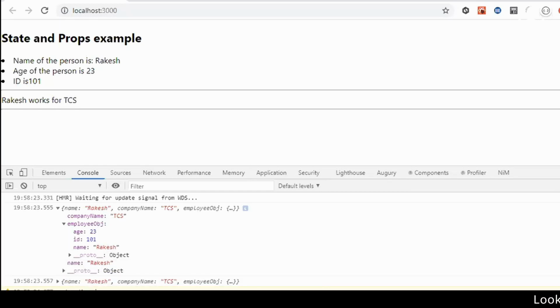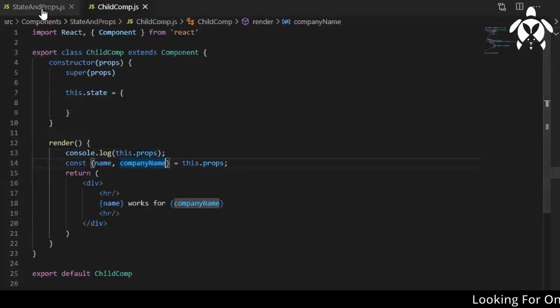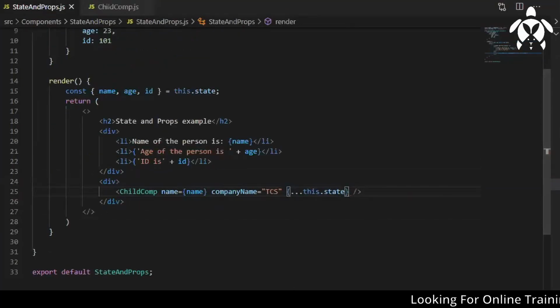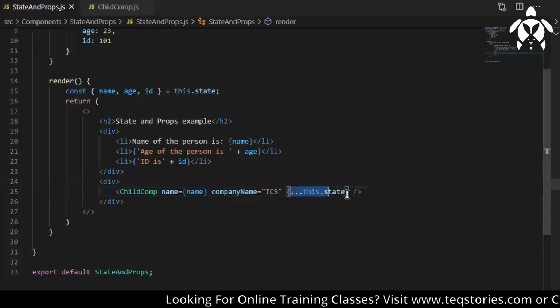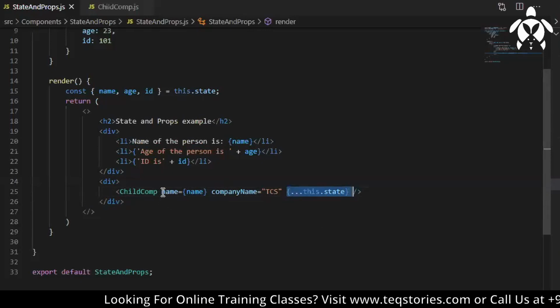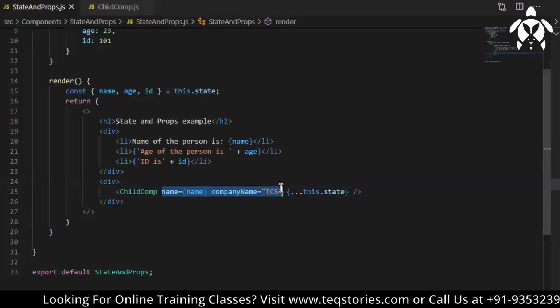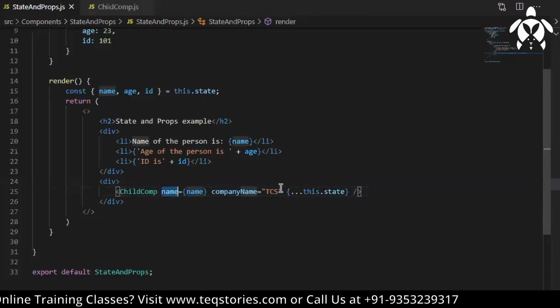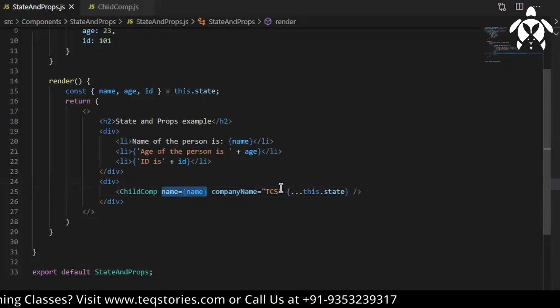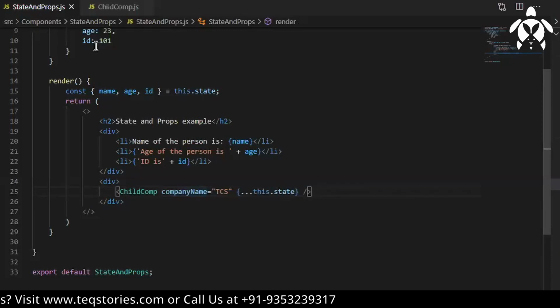Now we can remove the employee object. You are just sending the properties directly. Now you don't need to send each one individually. Let there be a company name, but I'll remove the name.